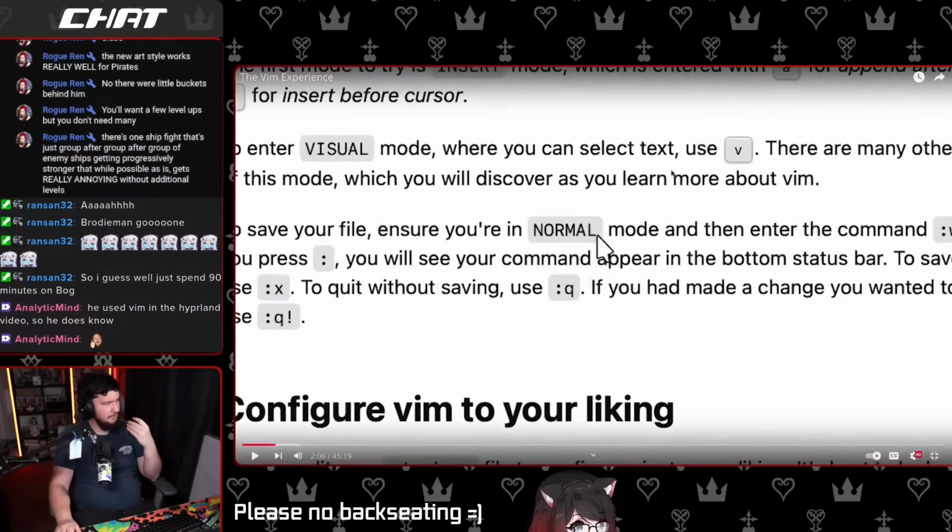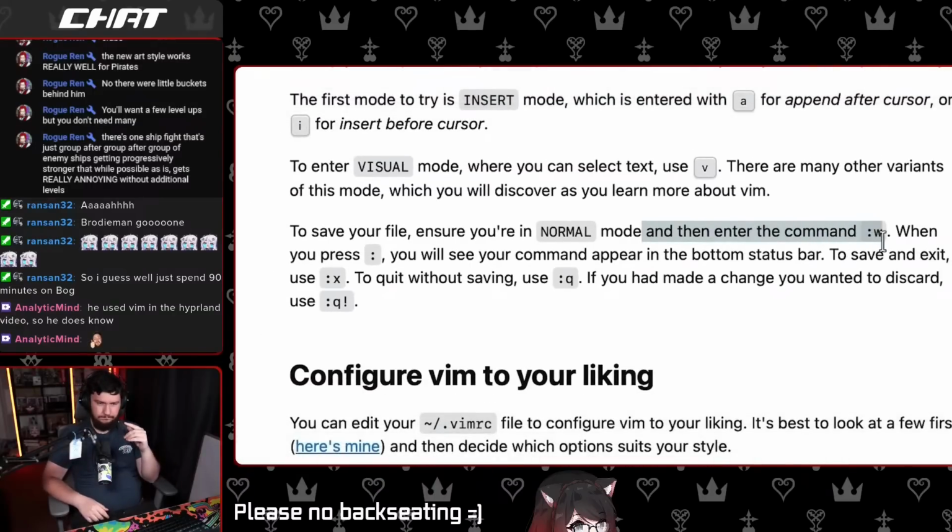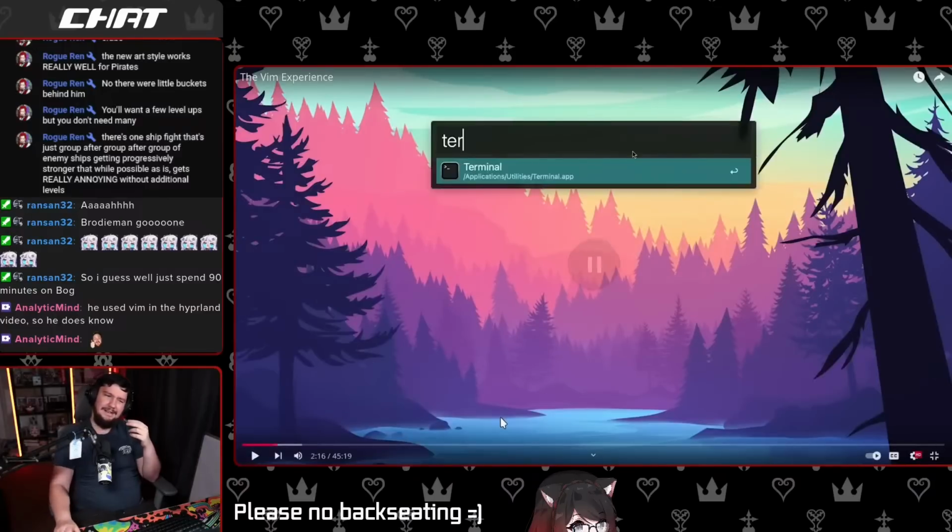What else? Wait, what do you get your... Maybe it's like tab or something? I don't know. So I have to press escape and then enter the command :W. To save and exit, use :X. Okay, so let's...